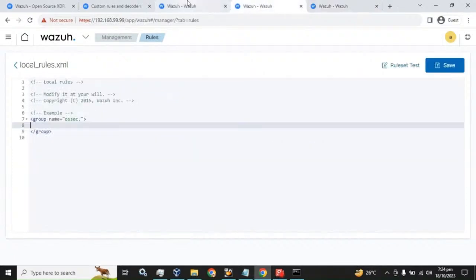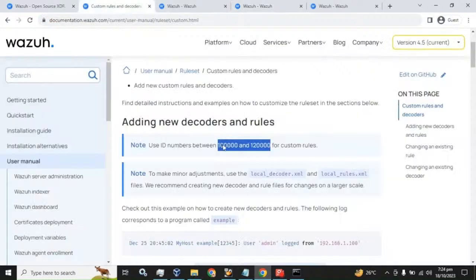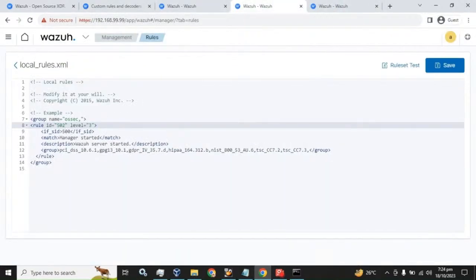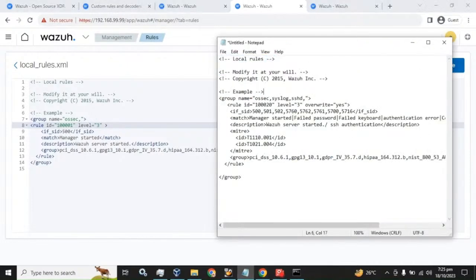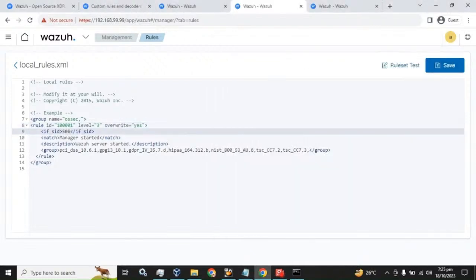Copy, paste. Let's make this rule ID like this over here. I will change the rule ID to a custom rule ID, and we will write the override code to override this rule. We will provide under 502